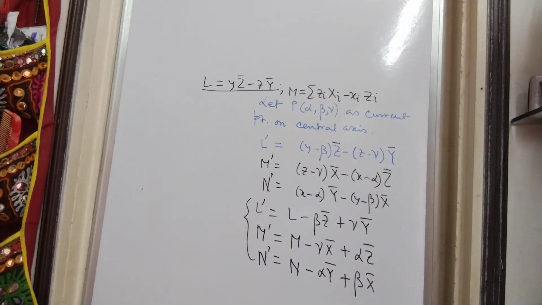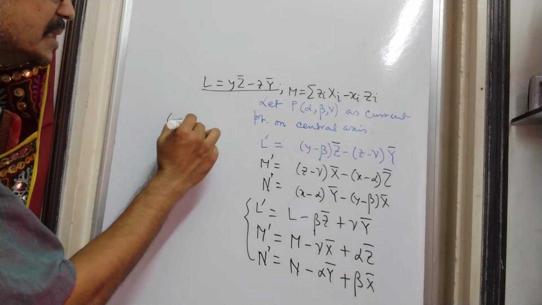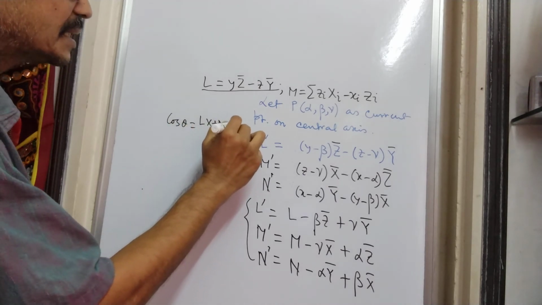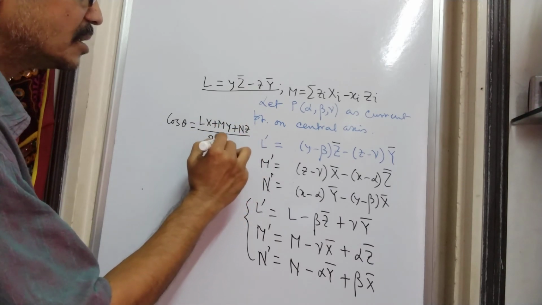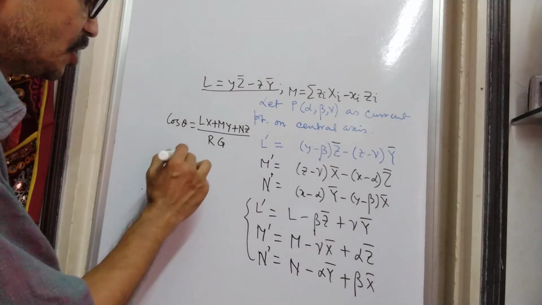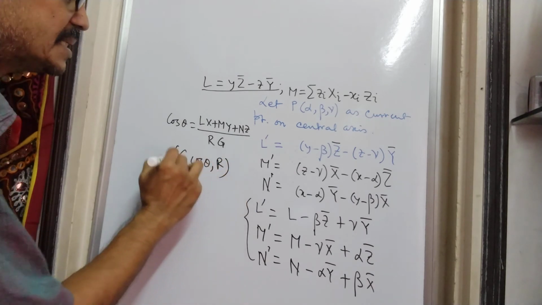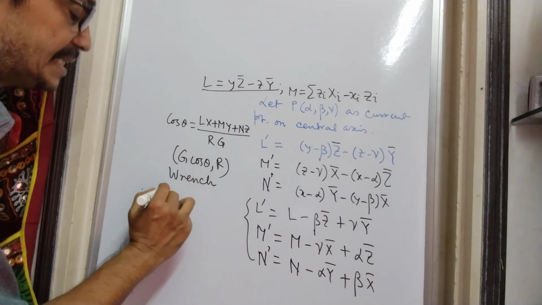Both R and G cos theta act, and you must remember the expression cos theta is equal to Lx plus My plus Nz by RG. You must remember this. And since this G cos theta and R, the system termed as wrench, acts through the central axis,